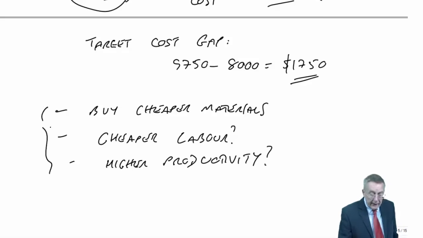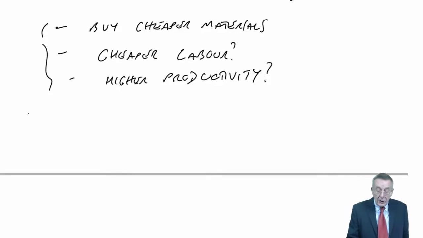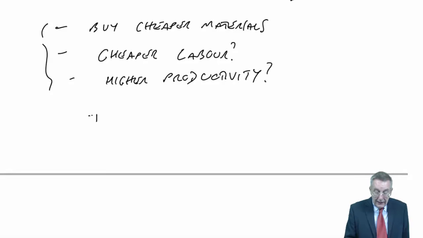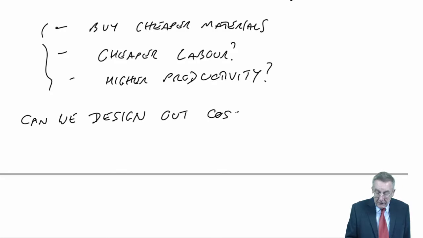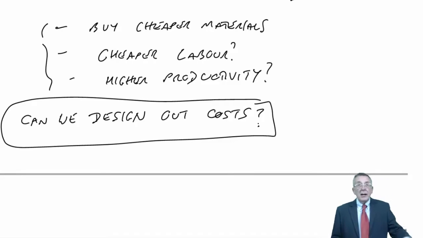However, although you look for conventional ways of reducing the costs that go to make up the cost of the car, most important of all with target costing is you'd look to see if we could change the design. Or can we design out costs? And what I mean here,